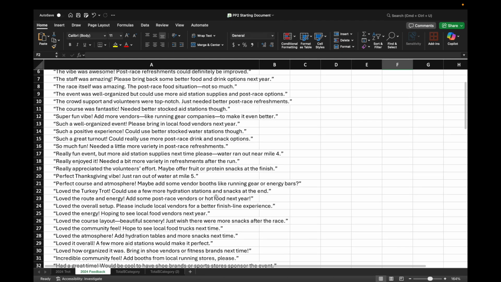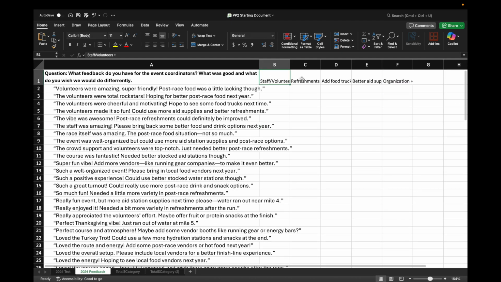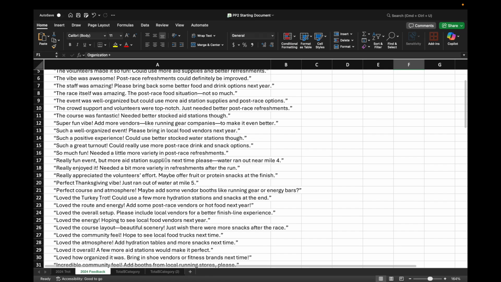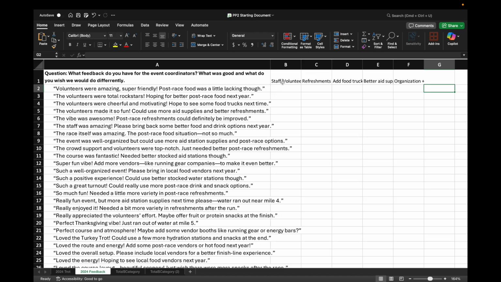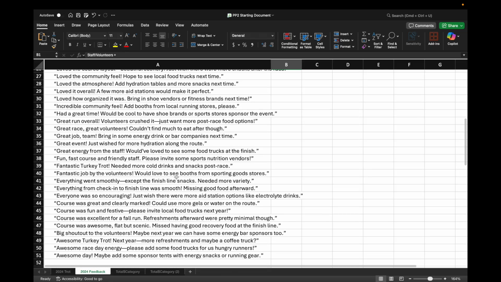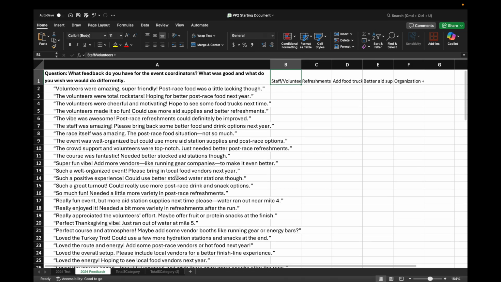And you're going to continue adding different themes to the columns next to our comments until you get to the bottom and you think you have gotten a good understanding of all of the different themes that have come up in this feedback. Once you have all of those themes, you'll come back up to the top and you are going to either put a 0 or a 1 in these cells. A 1 represents that the theme in this column is represented in this comment. A 0, it means that it's not.